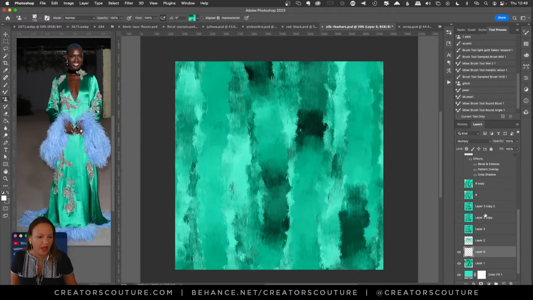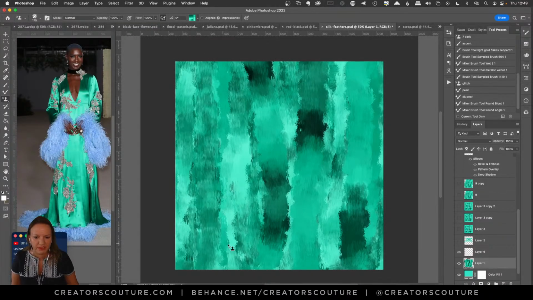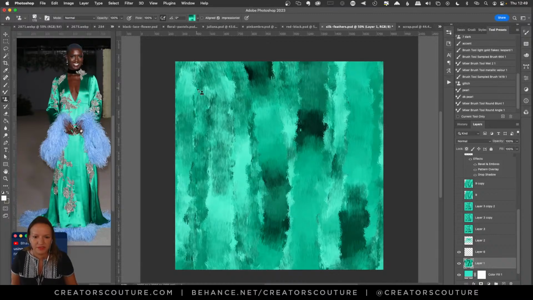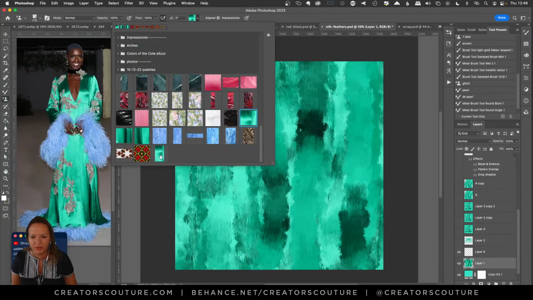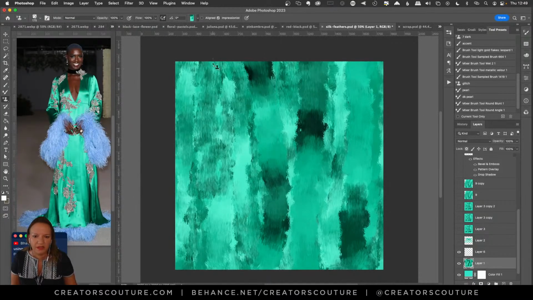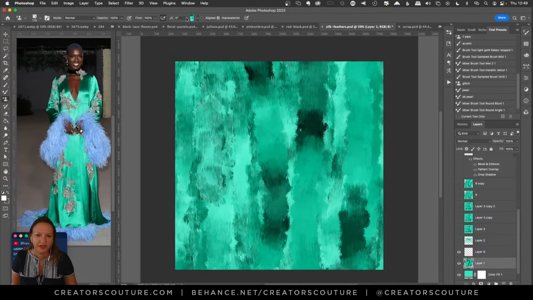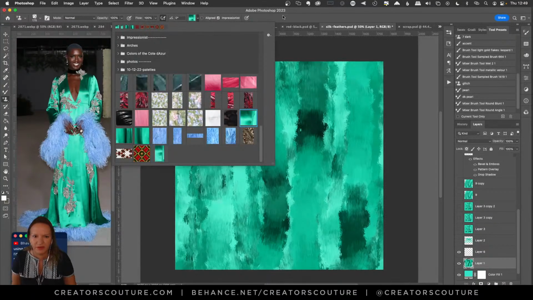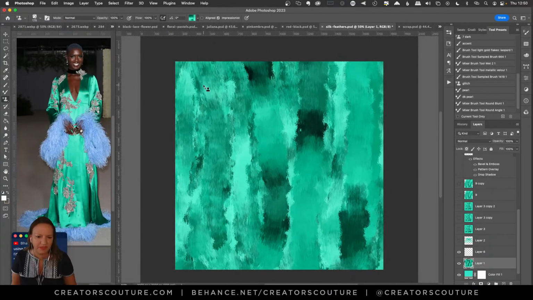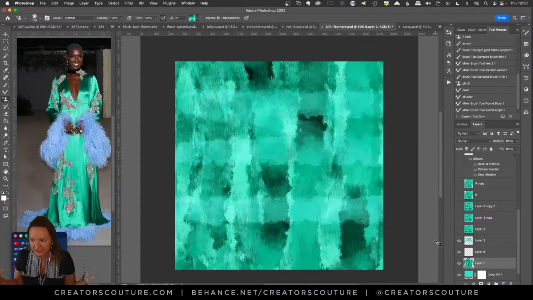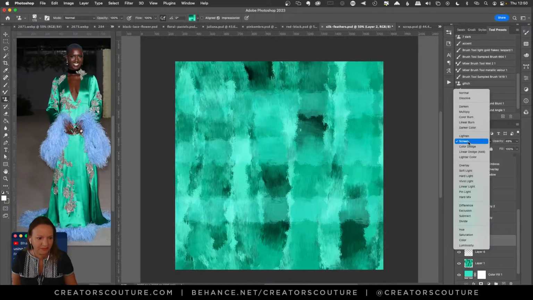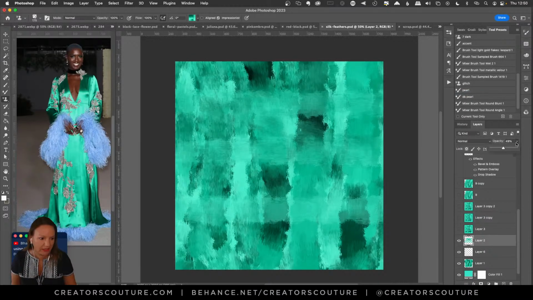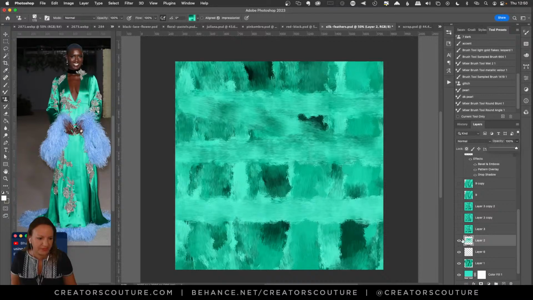But anyway, I just kept playing around with it, dropping those colors down. And if it looks too dark, okay, let's grab a lighter one. That one's too whatever, I like that light. So it kind of looks something like this. I wanted to make sure that there was enough light, and I didn't want it to be too dark, so I created a new layer and turned that blend mode to screen, and set the opacity to 50%. I wanted to make sure that there were enough highlights.